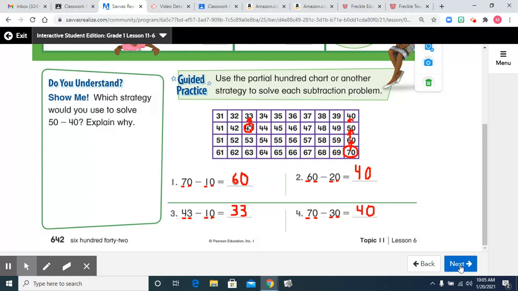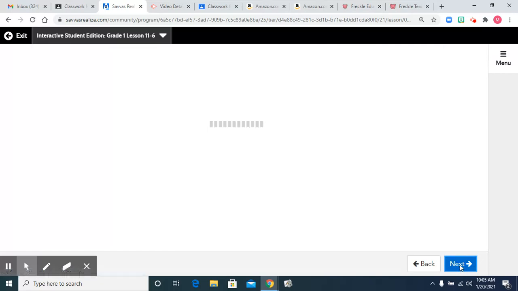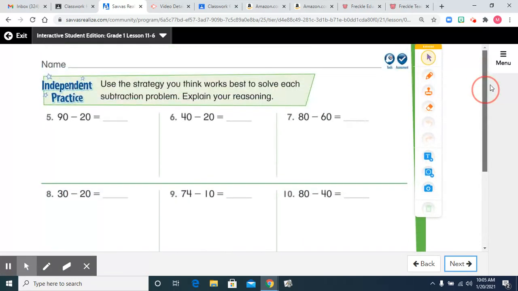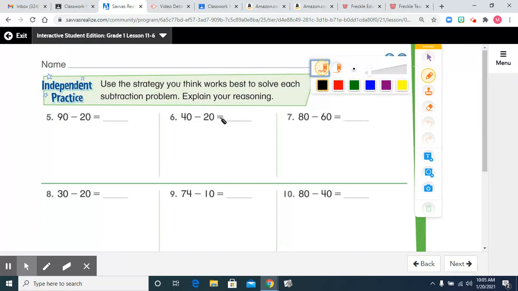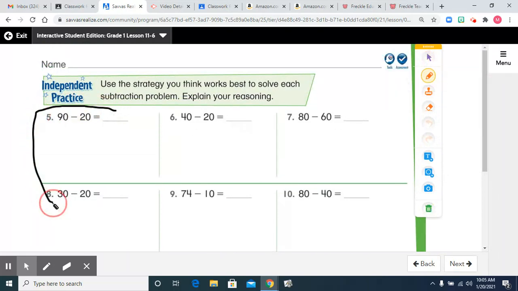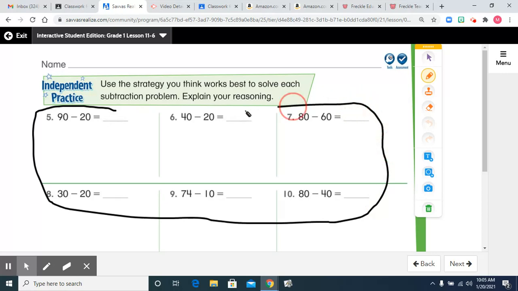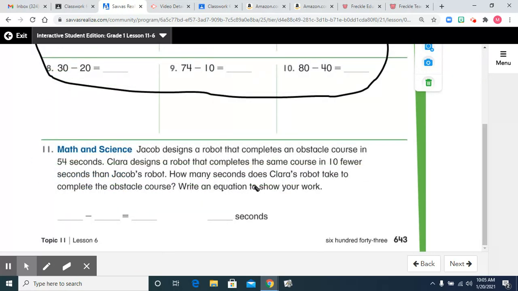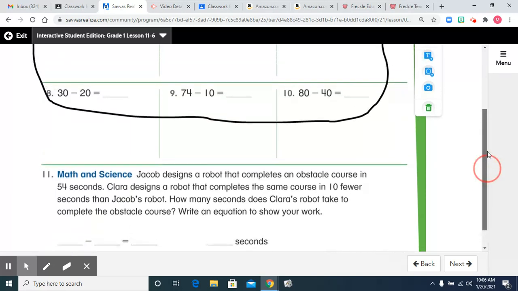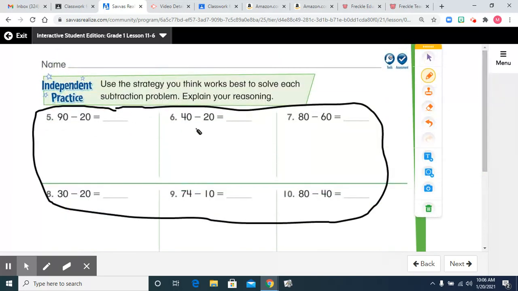Okay, if you were good on that page, please look at the next page. Page 643. Your job today is to do 5, 6, 7, 8, 9, and 10. You do not have to do the bottom. If you would like to, that would be great, because it's not a difficult one. You just have to read a story problem. Okay, so optional. Do it if you want, but you have to do the top, 5, 6, 7, 8, 9,